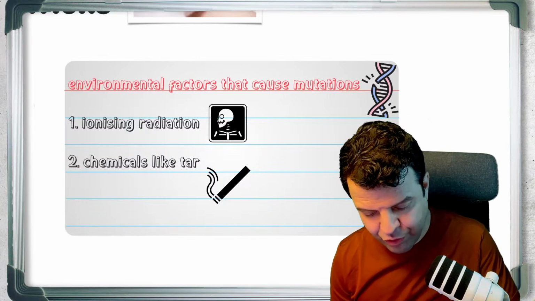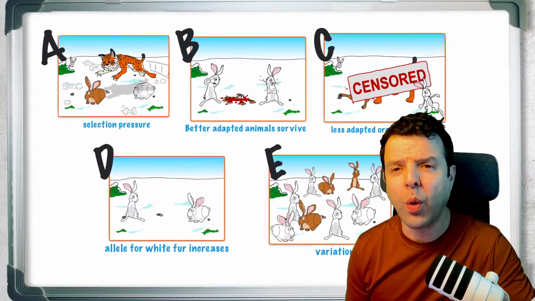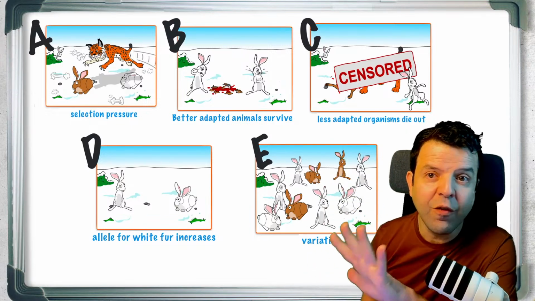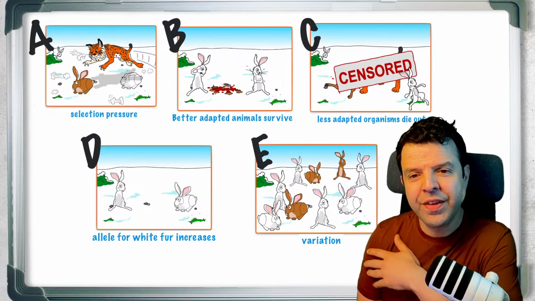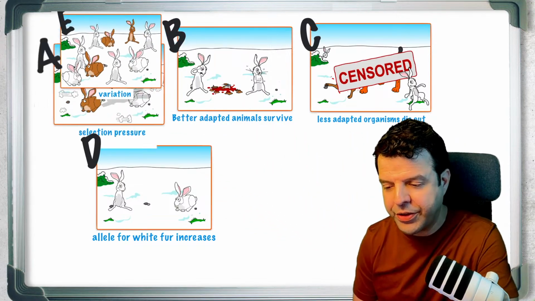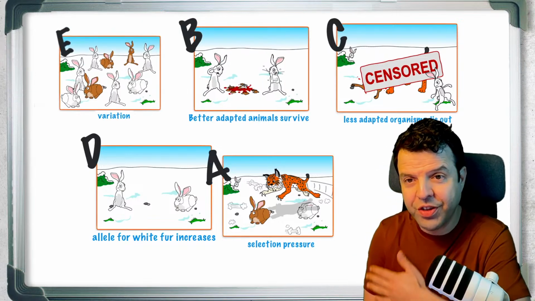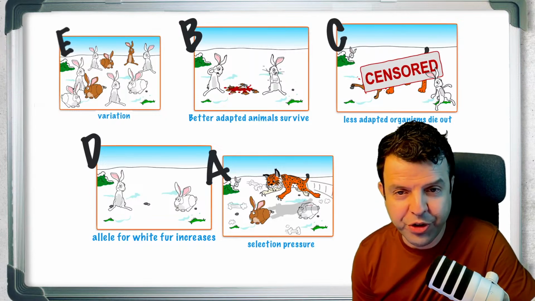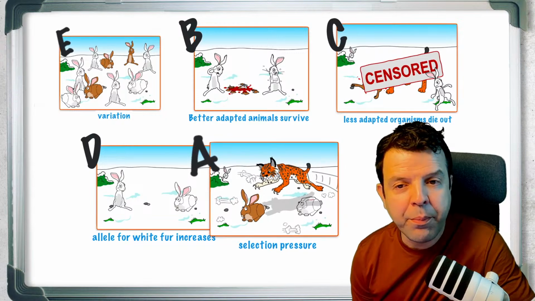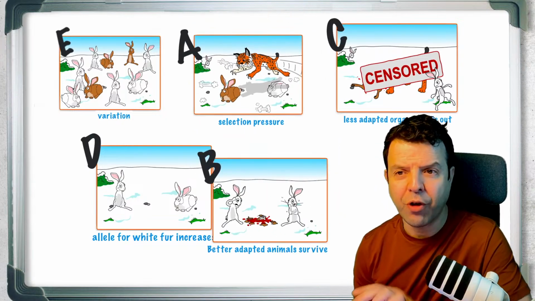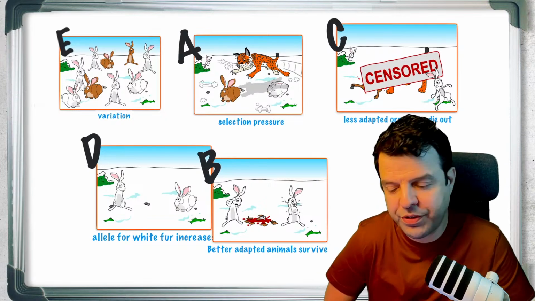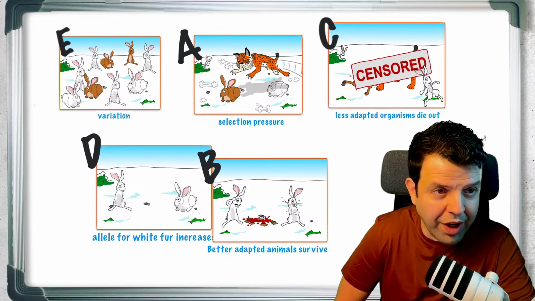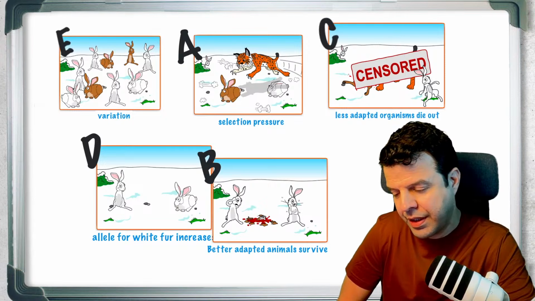All right, let's try this example. So what is the first thing you start with? You always start with V for variation, right? So I will always start here. They ask me such a question about variation. Then I look and find the selection pressure. So a predator. Following the selection pressure, what would happen? You'll say the better adapted survive and the less adapted will die out. And then,